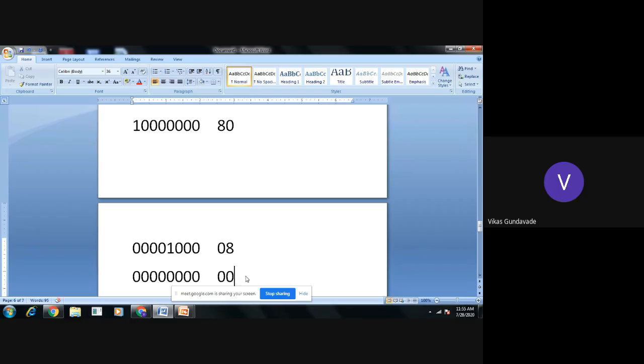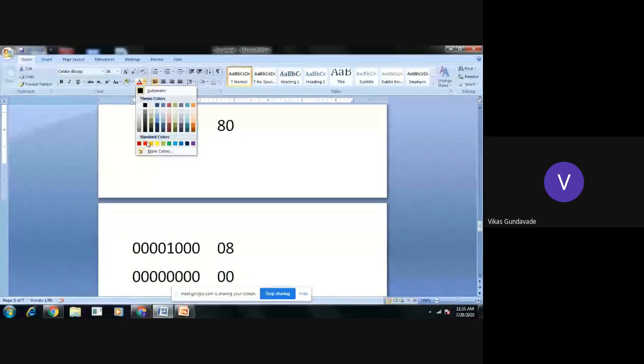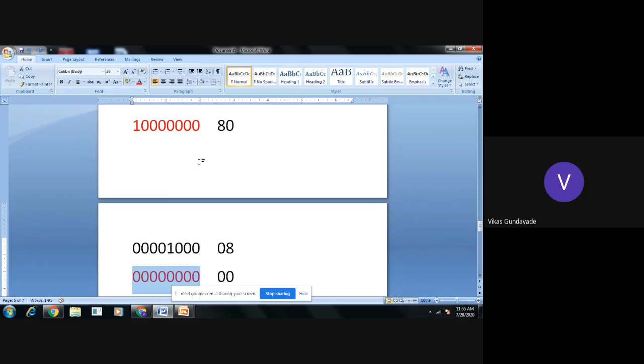Now here the question arises. During the previous addition, if carry is generated, the status becomes 80 like this. Everyone is getting it? So it will be 1 0 0 0 0 0 0 0, and the result should be 80. Then we are changing the bank, and again we are coming back to the previous one. Now the status will be again 0 0 0 0. So whatever carry is generated here is not considered, or is neglected, during this bank switching. Are you getting it?